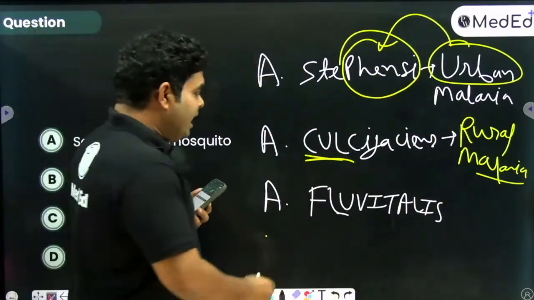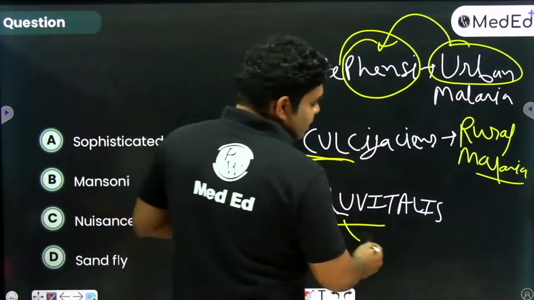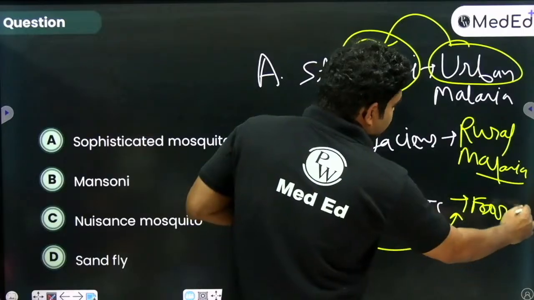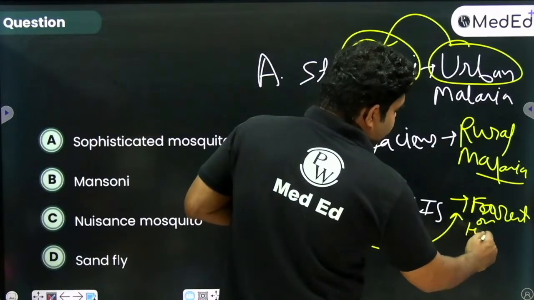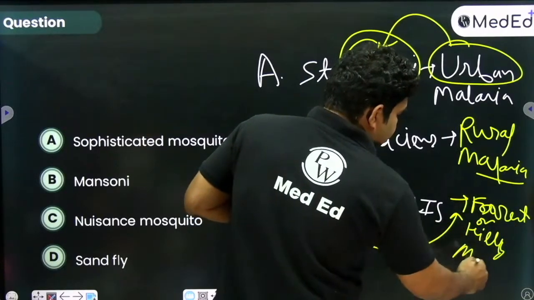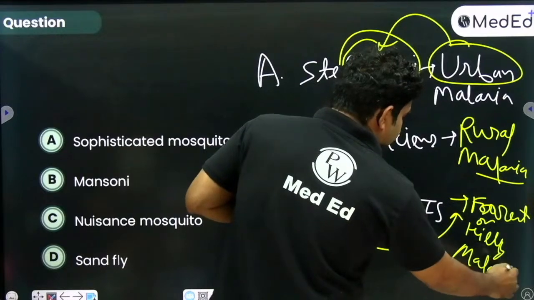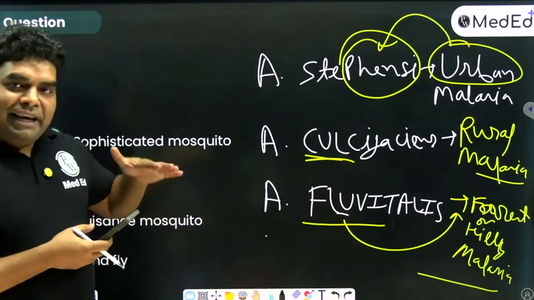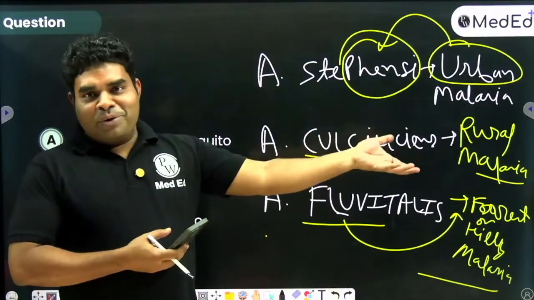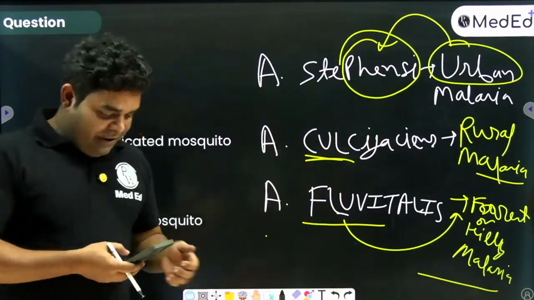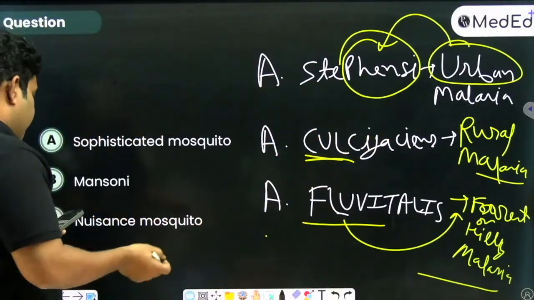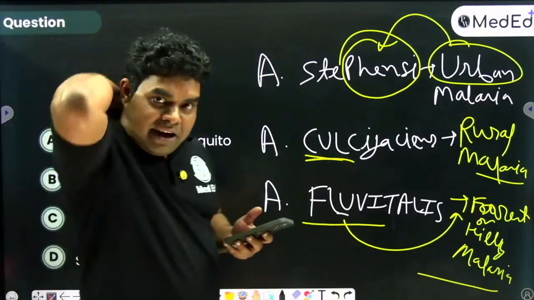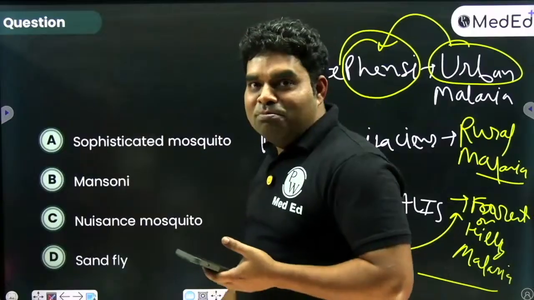And where will you find flowers and all? Flowers will be more in forest and hilly areas. So fluviatilis will cause forest or hilly malaria. Okay. So these are the three types of malaria transmitted by Anopheles. Very easy to remember. Stephensi urban, calcium rural, fluviatilis forest hilly. Okay. Chalo. So do remember that the previous mosquito which has hair on the back, golden brown bum and hump,